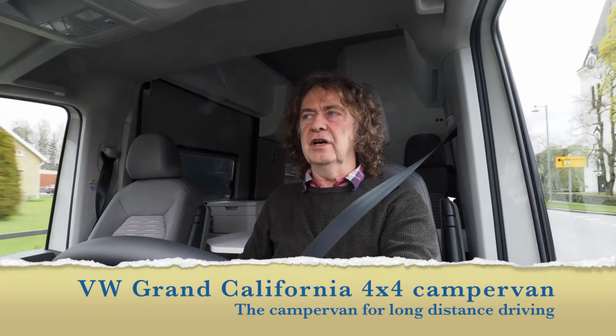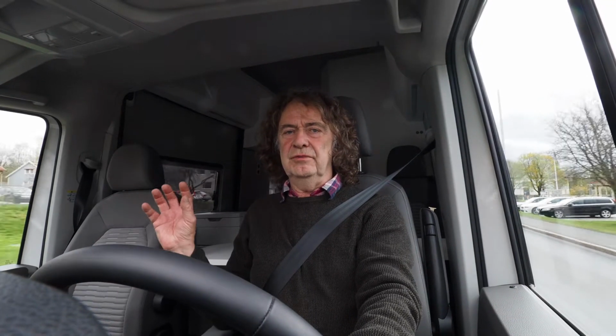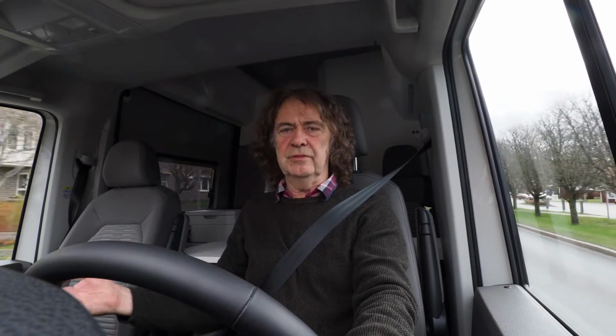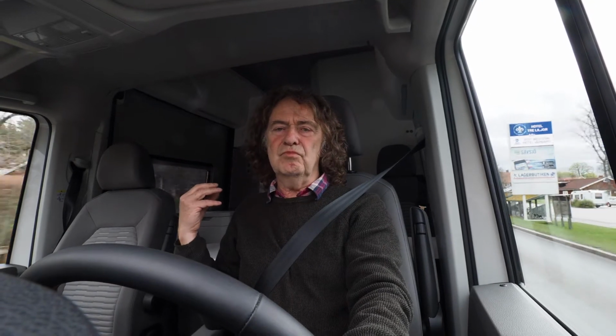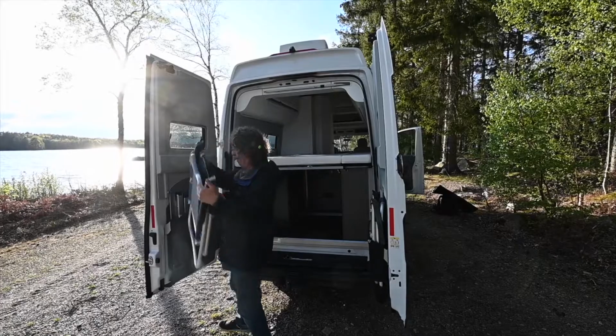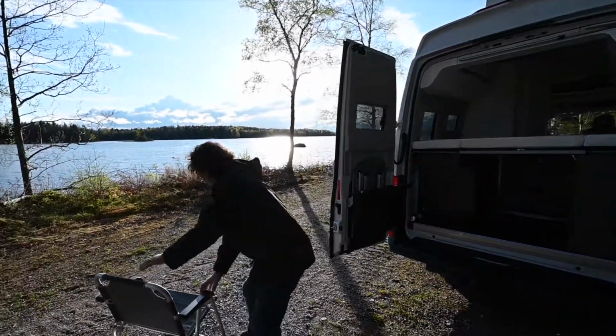Volkswagen Grand California, the reincarnation of the classic California camper van. This is sort of the modern adventurous favorite or dream car. It's a four-wheel drive camper with a really nice twin bed in the back, and it's also equipped with a toilet and a shower